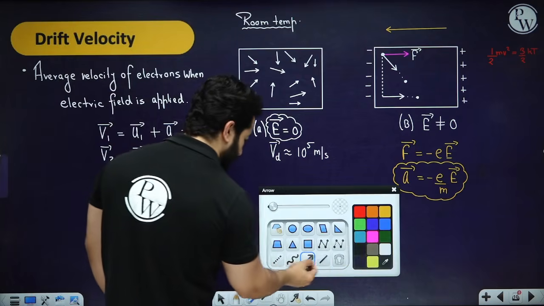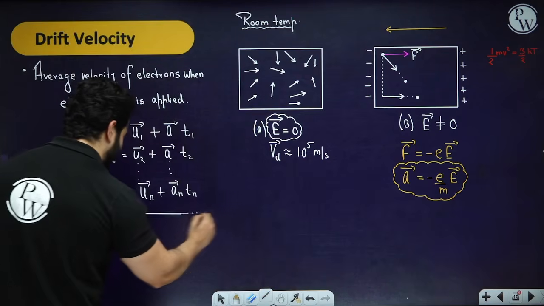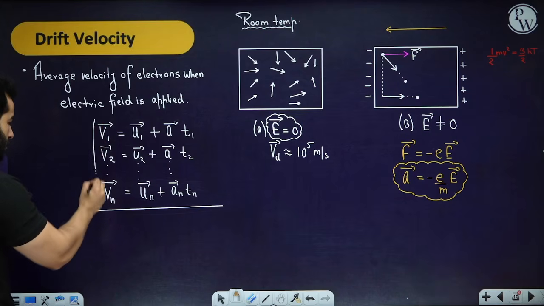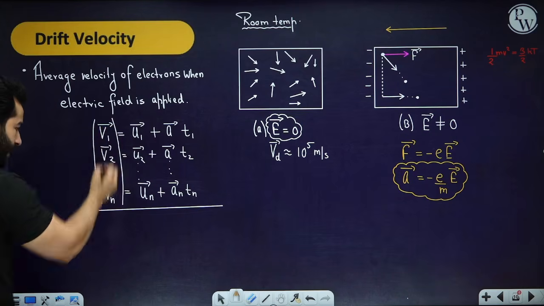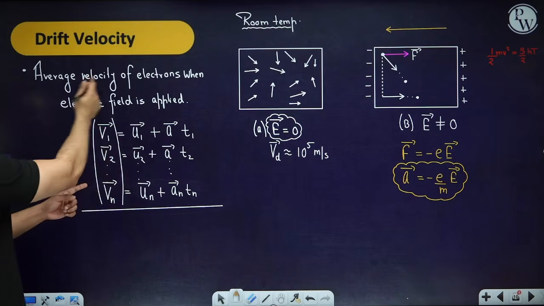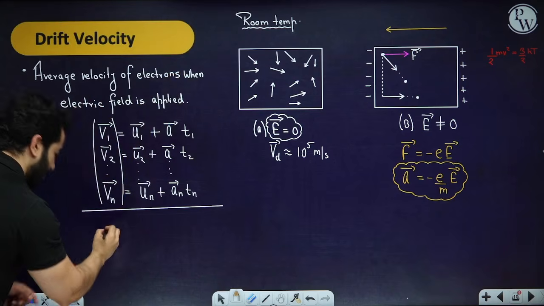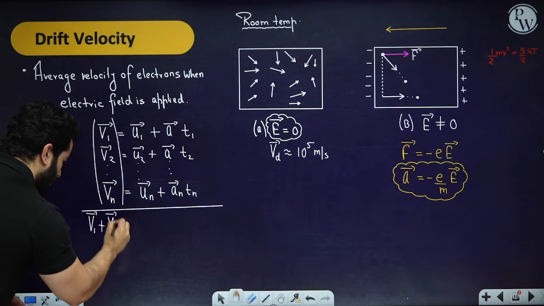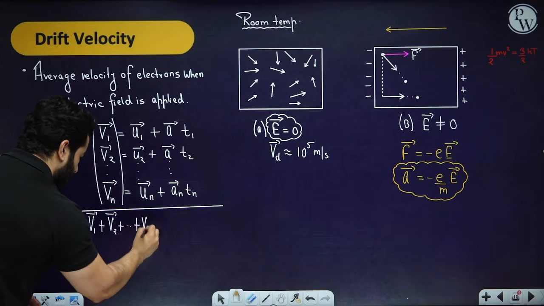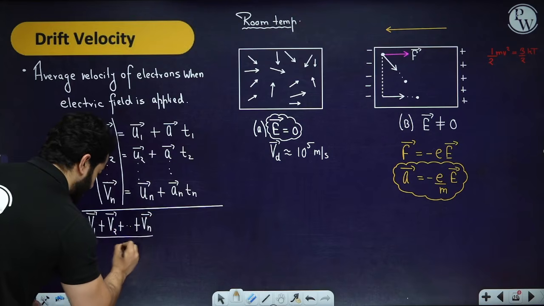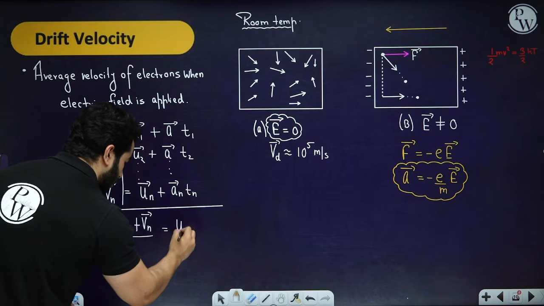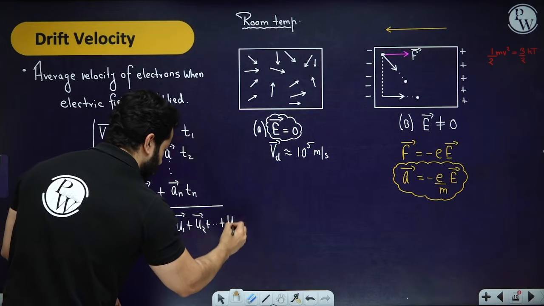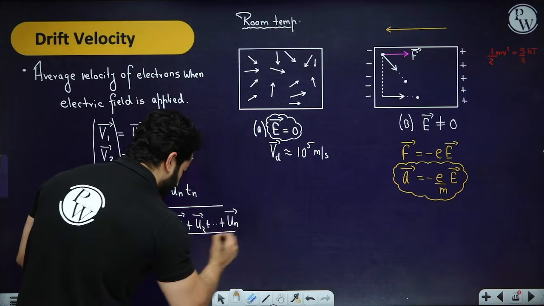Now let's do a very simple mathematical operation: let's add them and take the average of it. If I add all of these and take the average, that is what the drift velocity is, the average velocity of all the electrons when an electric field is applied. So I'll write v1 plus v2 and so on up to vn, whole divided by the total number of particles, n, equals u1 plus u2 plus un, whole divided by n,